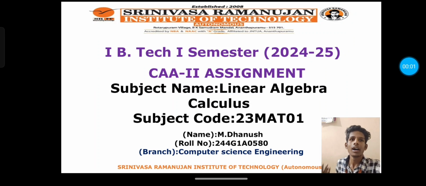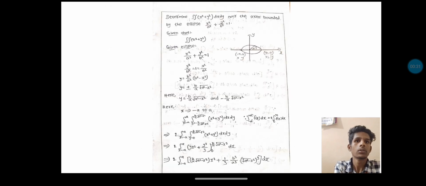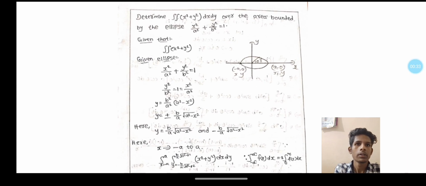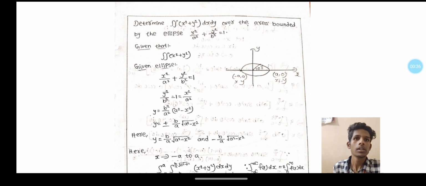My name is Dhanush. I am from first year BTech, Computer Science Engineering. The subject name is Linear Algebra Calculus. The subject code is 23MAT01 and my roll number is 244G1A0580. Today my topic is to determine the double integration of x square plus y square dx